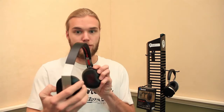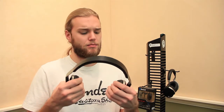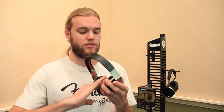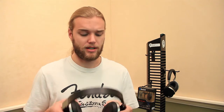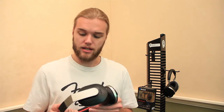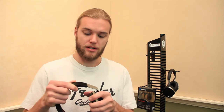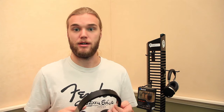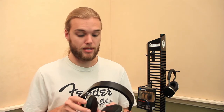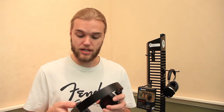They are more of an ear pad fit, even more so maybe than the Parrot, because they do have just a nice flat pad here. I found them pretty comfortable. Some of the other people around the shop did not like the fit, but I thought they were pretty nice. Build quality seems pretty good. It didn't seem quite as elegant and sleek as the Parrots, so that might be a definite pro for the Zeek headphones, but